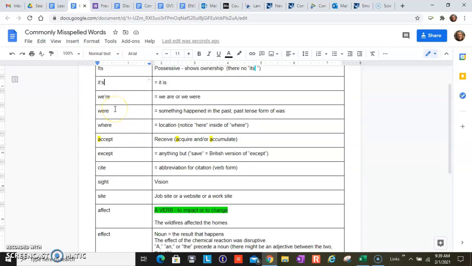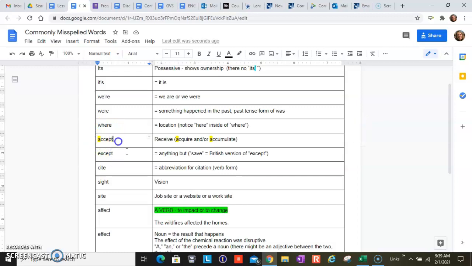Okay, so were. Something happened in the past. It's the past tense of was, just were. There's no trick that I know of for that one. Where. There is a trick for this one. So where has this H-E-R-E. It has a here. So here says like right here, like the location or position. And then same with where. Where did you put that book? And so it also, like, where, what position, what location. So it's the same thing.